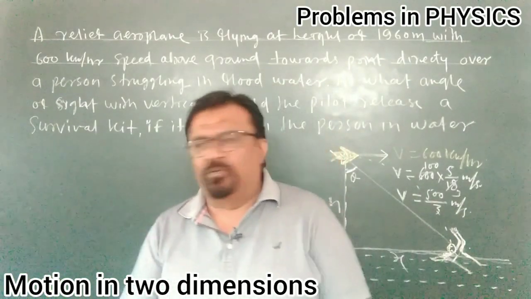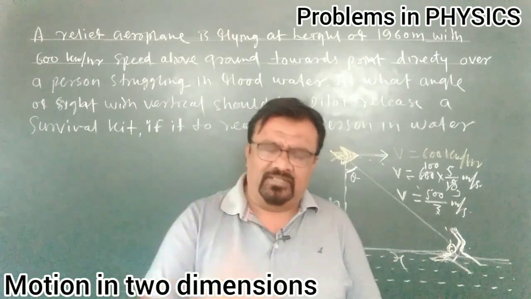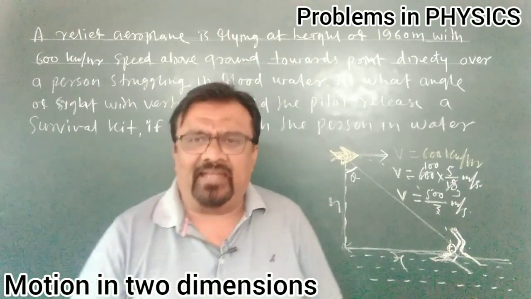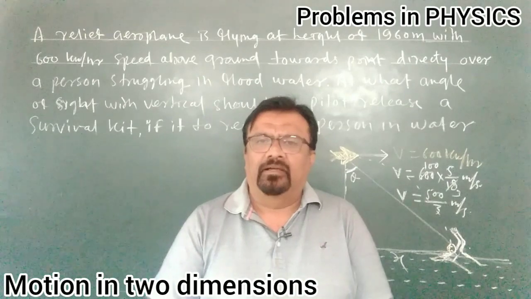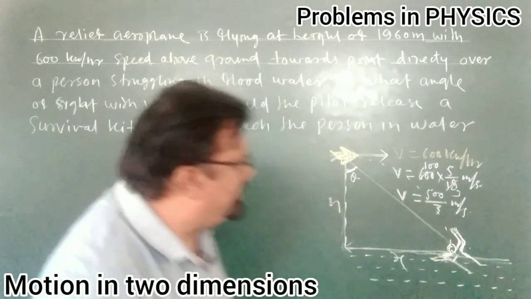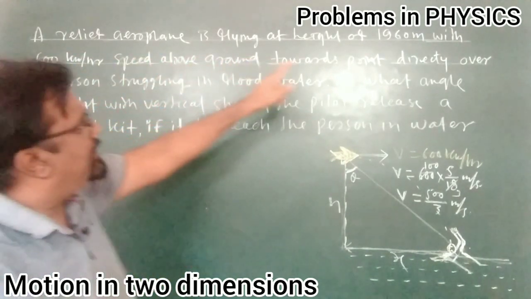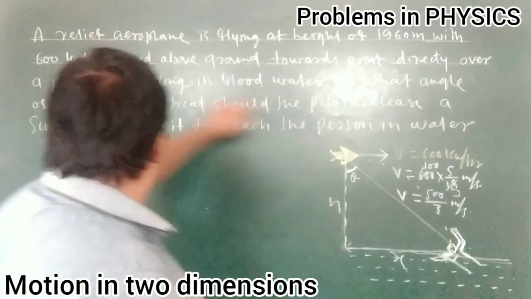I don't have an interactive board and I am using this traditional way to solve this problem. I hope you try to understand it nicely. So the problem is, there is a relief aeroplane flying at a height of 1960 meter with a